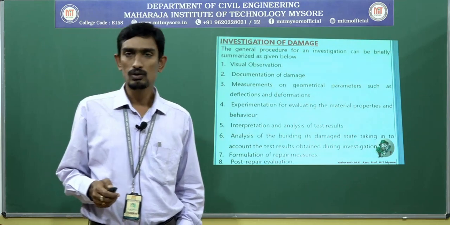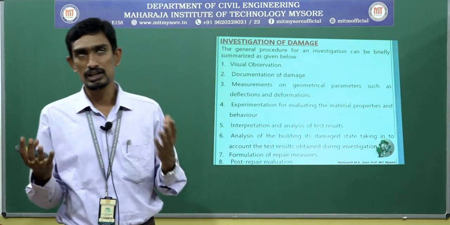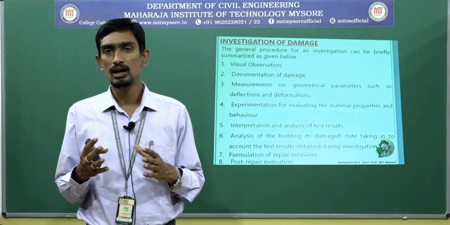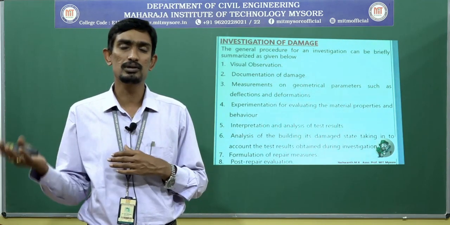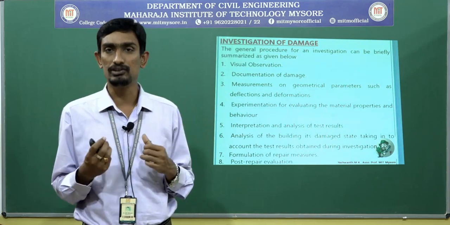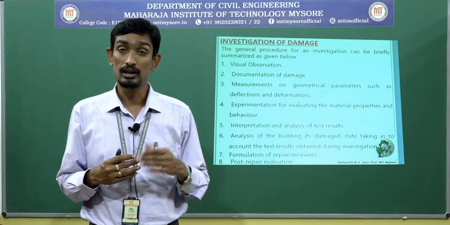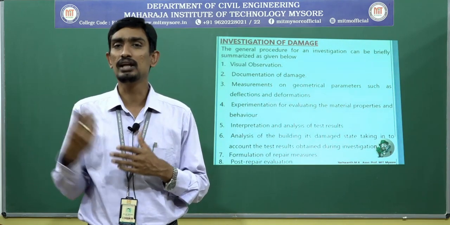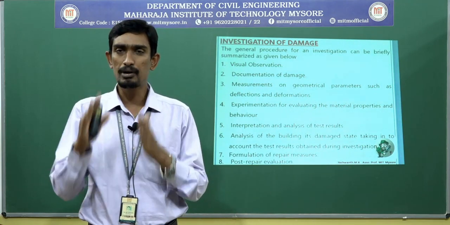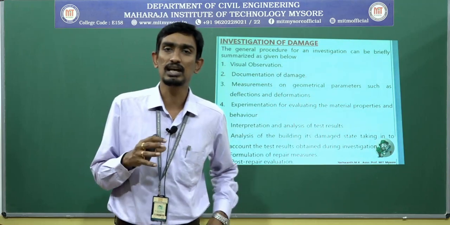Is it clear? Okay, for example, if spalling is too much, a chunk of concrete has fallen too much from the slab, I cannot go with retrofitting techniques. I need to go with something different, a repair technique. For example, if the deflection and deformation is too much, the beam and slab is completely deformed, I cannot go with a repair technique. I need to go with some retrofitting techniques. So depending upon the problem, you need to suggest a proper measure. That is what I explained in the first class itself.